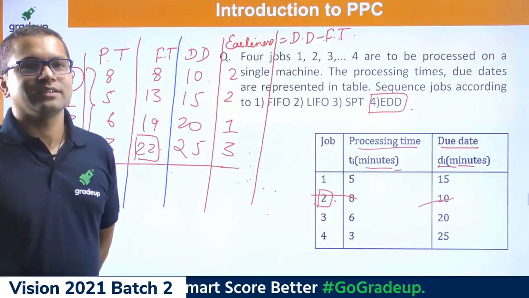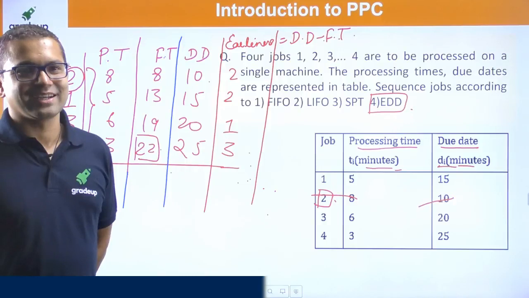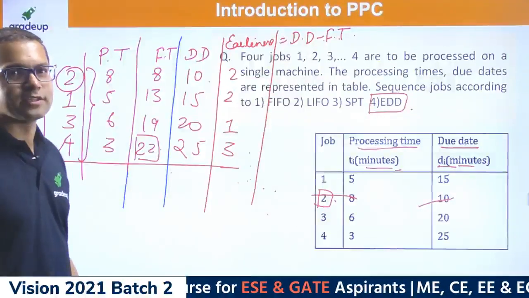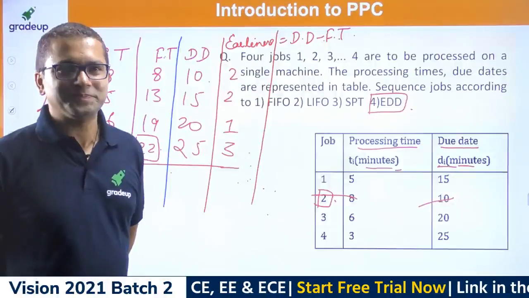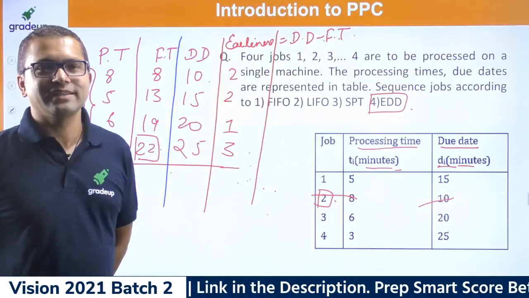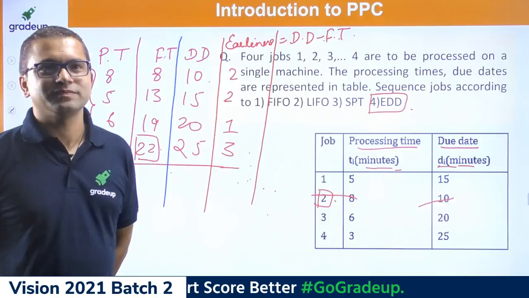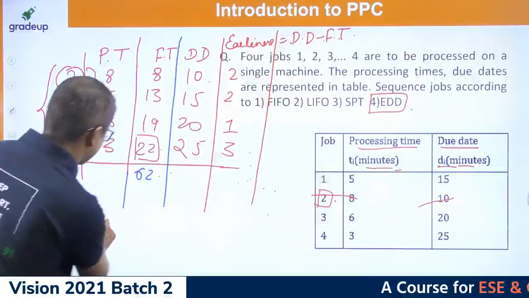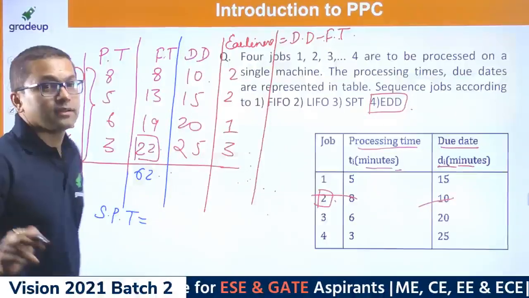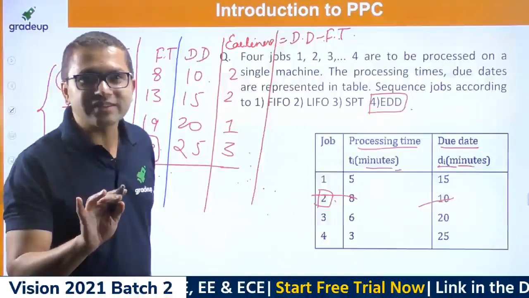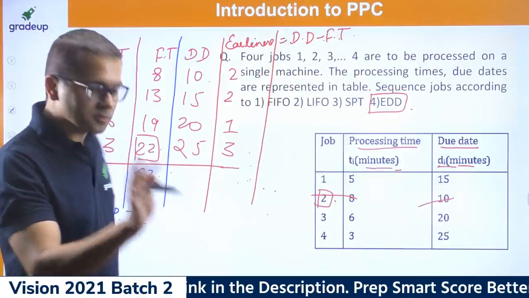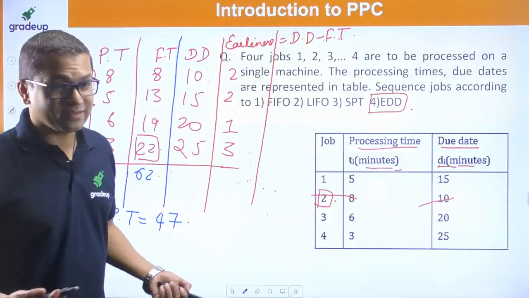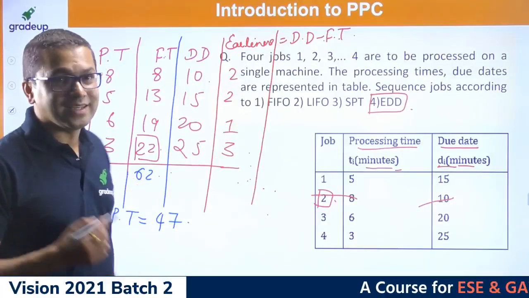Okay, Naveen. Yeah, exactly. So this is for EDD, all right? So EDD, how much are you getting? If you add all of them, how much are you getting? Is it 62? If you add them, yeah. Are you getting 62? Yes. So you are getting 62 for EDD, and for SPT, people are saying 57. 57, 47. There are two 47, so I'm going to believe in them. So 47, anyways, whatever you take, 47 or 57, that is obviously lesser than EDD, all right?